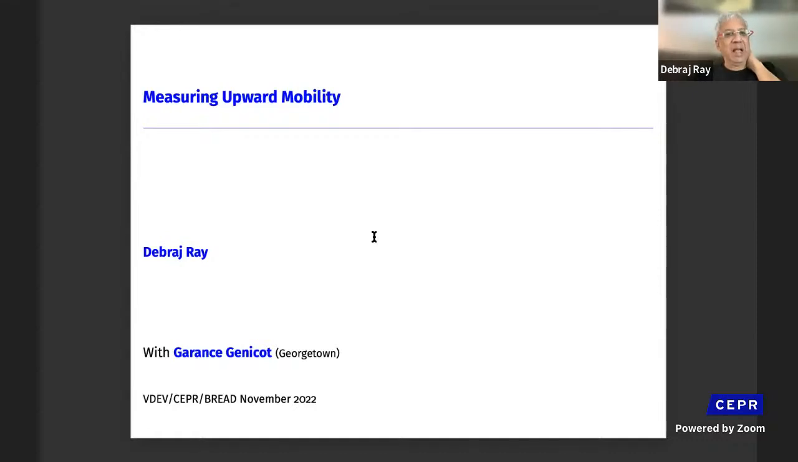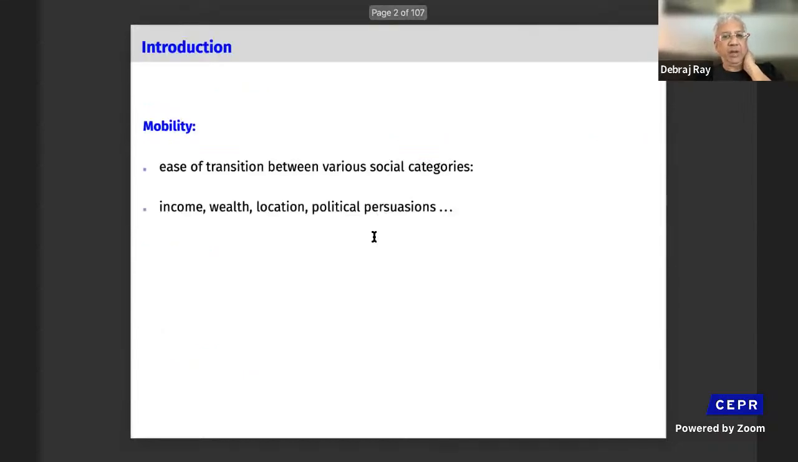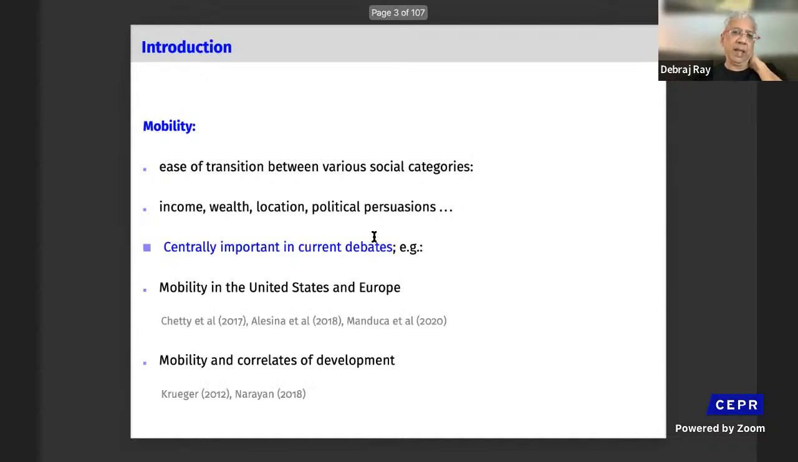So this is a talk on measuring upward mobility, and both these words are important, upward and mobility, and I'll make that clear in the talk. In general, when we talk about mobility, of course, we talk about the ease of transition between various social categories. Some of them are unranked, like location or political persuasion. Some of them are ranked, like income and wealth. And as you all know, the idea of mobility in general is centrally important in current debates, both in the United States and Europe, but also in the context of development, where I hope this talk will be of